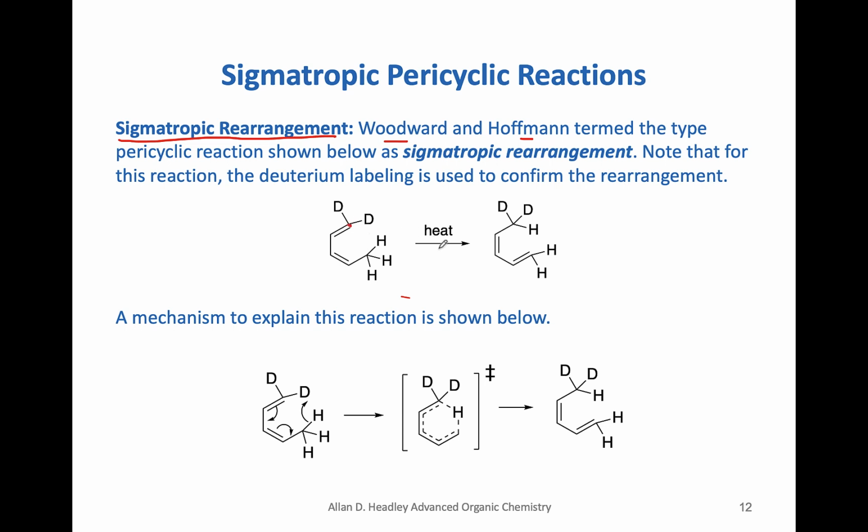In the presence of heat, we know that a reaction occurred because this carbon here, which has 2 deuterium atoms, now has an additional hydrogen, and it's now sp3. So this is sp2 and this is sp3. We know a reaction occurred because this product is different from this. Again, we'll have to carry out an analysis to determine how this occurred so we can predict similar reactions in